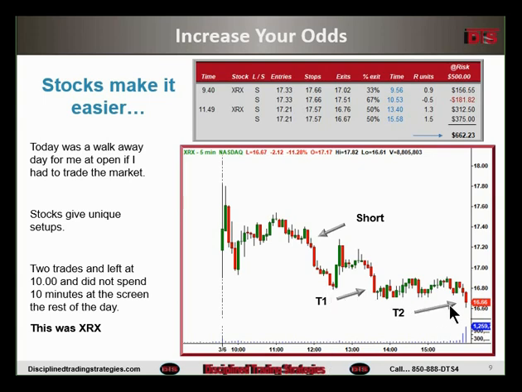So I made over the day's goal, and the point of this is just because this emphasizes so much what I'm saying, that to me this was kind of a piece of cake because I have these tools available trading stocks. So I want to just keep reinforcing that to you. And I know some of you maybe feel you have to trade futures now, or you have to trade forex, whatever it is, and that's fine. I'm nothing against it, but I'm just saying everything else being the same. The title of today is Increase Your Odds.